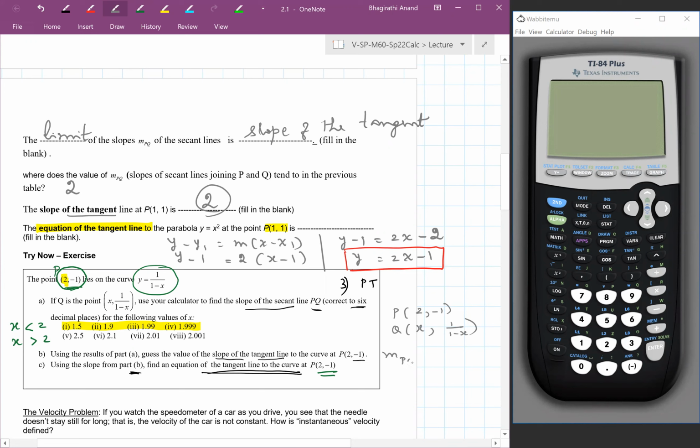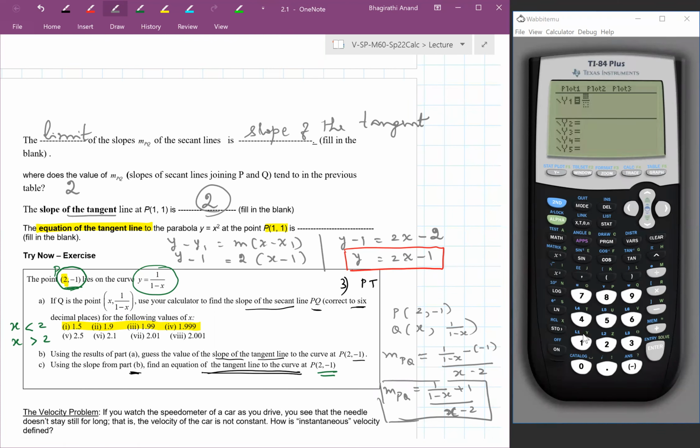So how do you get the slope? The slope is the difference in y coordinates, 1 over 1 minus x minus of minus 1, divided by the difference in x coordinates. So it's 1 over 1 minus x plus 1, over x minus 2. That is our slope equation for this problem. So we are going to input this equation, MPQ, 1 over 1 minus x plus 1 over x minus 2,